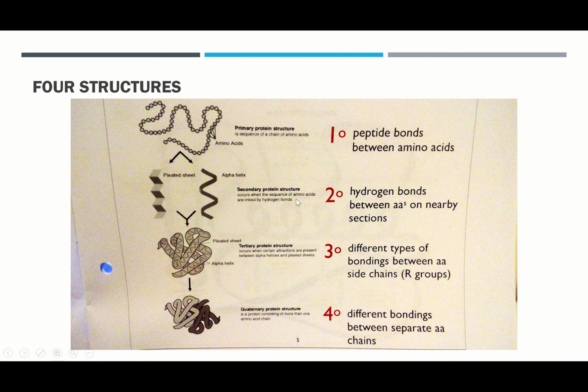And they form when the sequence of amino acids are linked by hydrogen bonds. And when you zoom out a little more, you'll get to tertiary protein structure. This occurs when certain attractions are present between alpha helix and pleated sheets. So these are a mixture of these two. It gets even more complicated here. But from now on it doesn't really look like it has a specific design